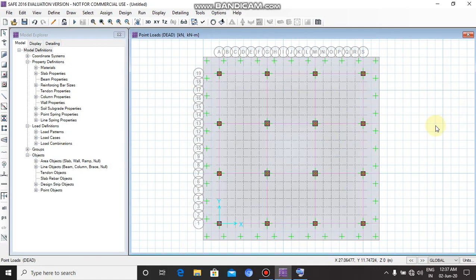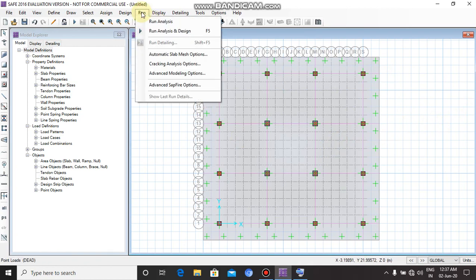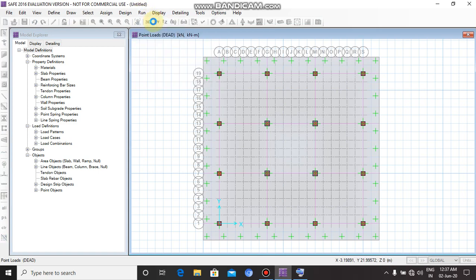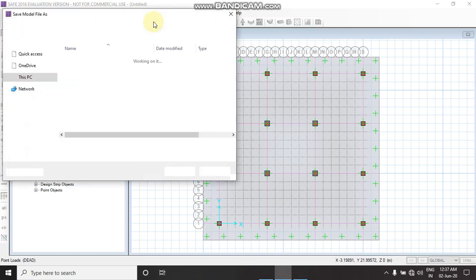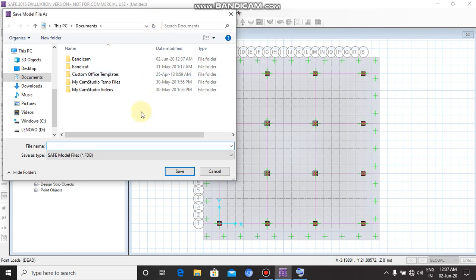Now run analysis on the model. For that, click on Run, then click on Run Analysis. Save the file with a suitable name. Named as Final Project Mat Footing.